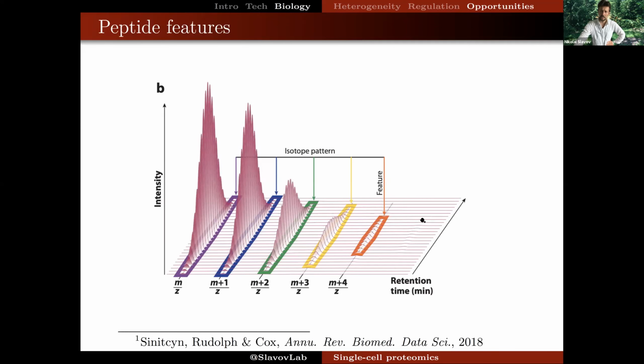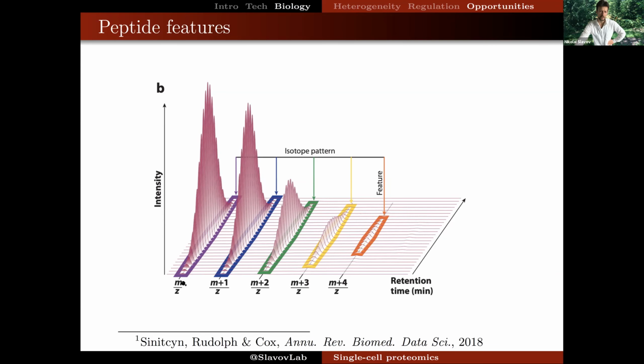So at the very end, I want to return a bit to the technological aspect. Having told you what we can do now, I want to tell you that this is nowhere close to the asymptote of the field. This is not mature. These are just early baby steps. And for that, I'll just introduce to you how a peptide looks to the mass spec instrument. It looks like this peptide feature. So this is a data object composed of usually hundreds of measurements. It's not a blip on the detector.